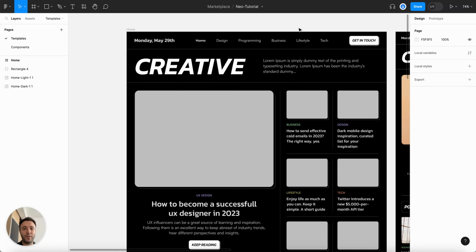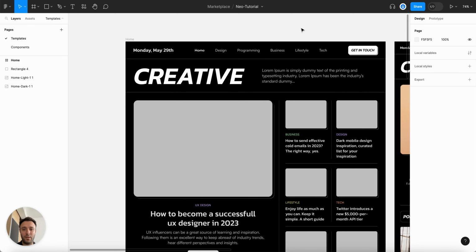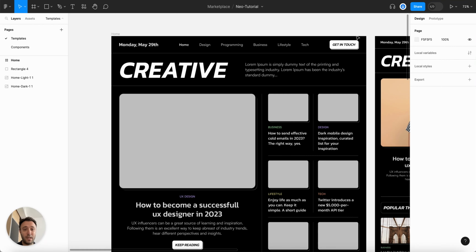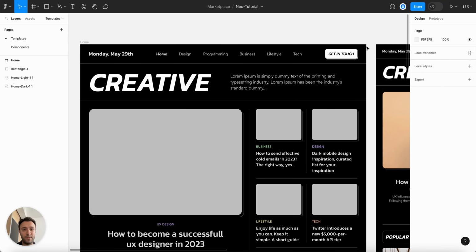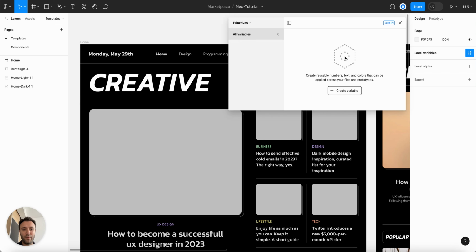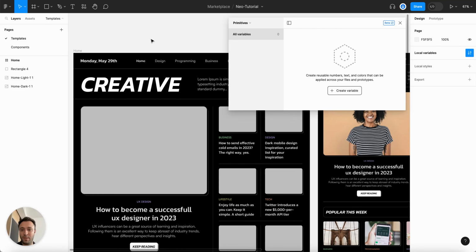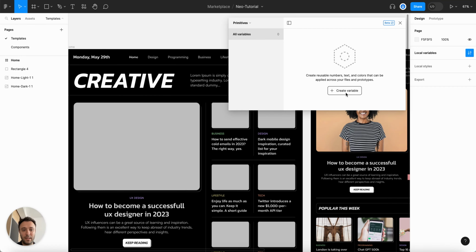As you know, front-end developers use Bootstrap, the most well-known front-end framework. So a good idea is to name your variables to be on the same page with them. You can go here and name your variables that way. But if not, you can use whatever names you want. So without further ado, let's create our color variables. Click here and create variables. Choose color and let's